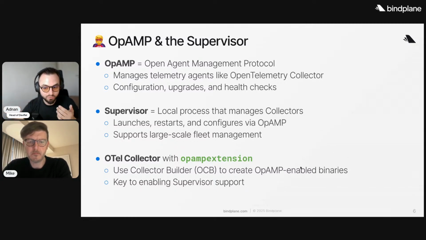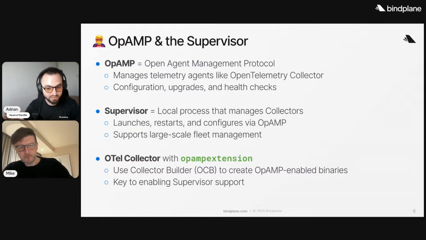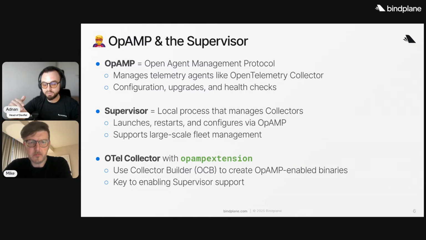So the way that happens is that the collector has this new OpAMP extension, which is, again, developed. Why I was so blown away by the fact that so much work was put into the collector. So once you use that OpAMP extension, you can basically use it to communicate with a supervisor, and a supervisor is another process that the OpenTelemetry maintainers and contributors have built out. It's essentially a process that manages these collectors, that speaks in OpAMP language,